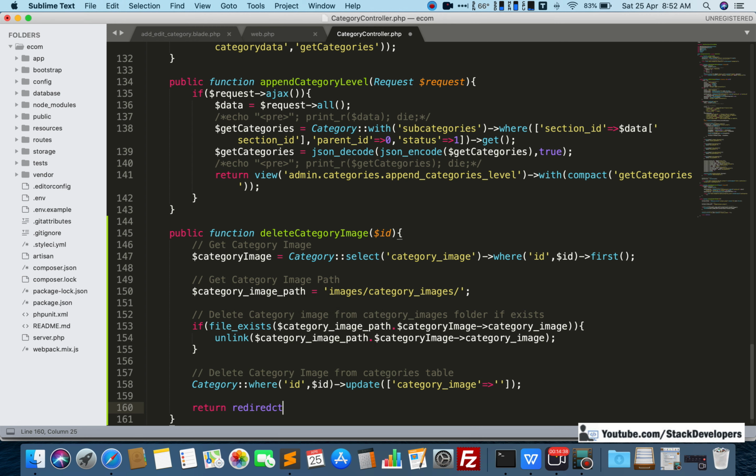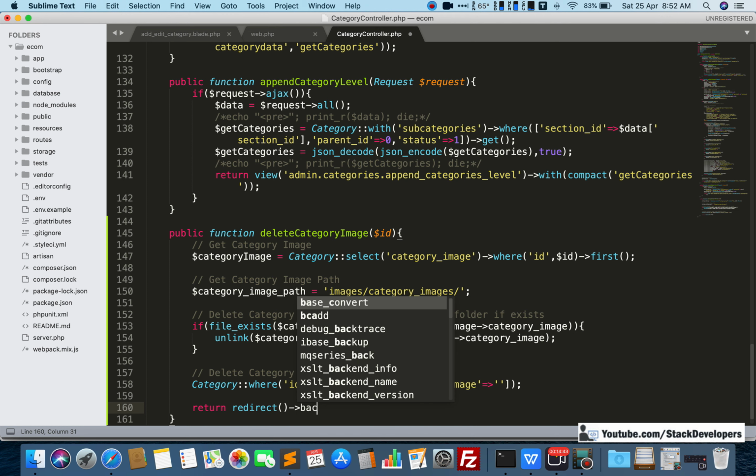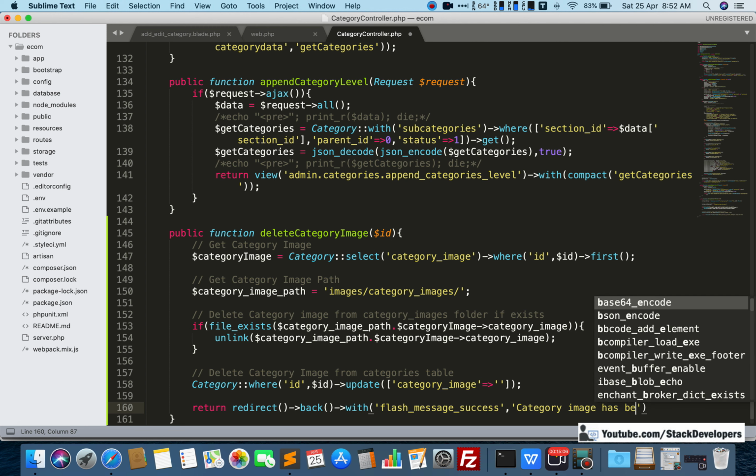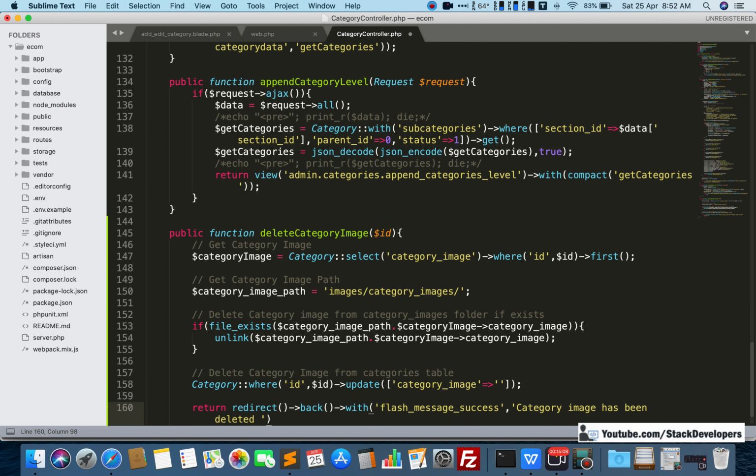So we have done this one as well, and finally we will return back the user, return the admin, return redirect back, and with a success message, like flash message success. We are going to give this message like this: category image has been deleted successfully. We can return back the user like this. Okay,